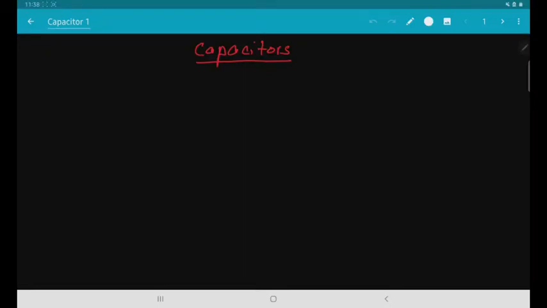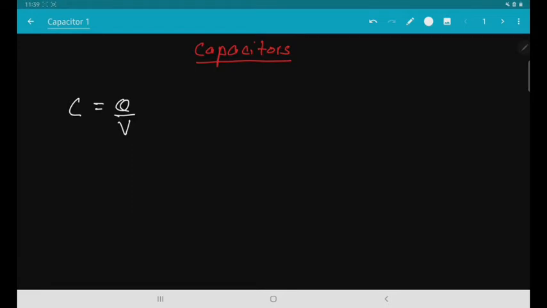Okay, welcome to this next lecture of JAM Physics, in which we are going to learn about capacitors. You may have learned about this concept in your previous classes. As we know, capacitance is given by the equation Q divided by V, that is the charge per unit potential. The capacitor identifies itself with the capacity to store charges. By storing the charges, it is also storing the energy.